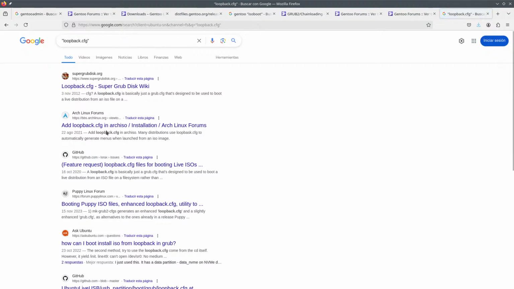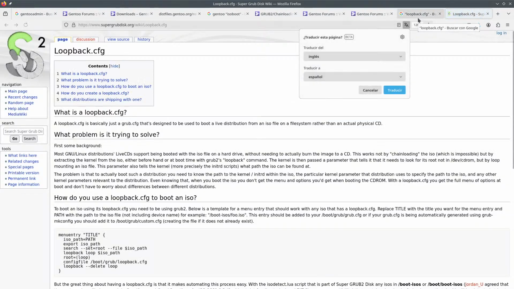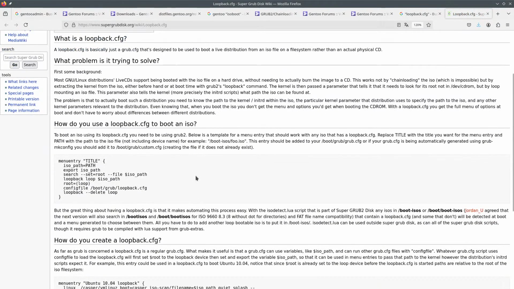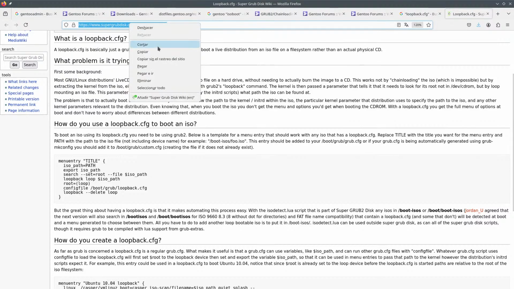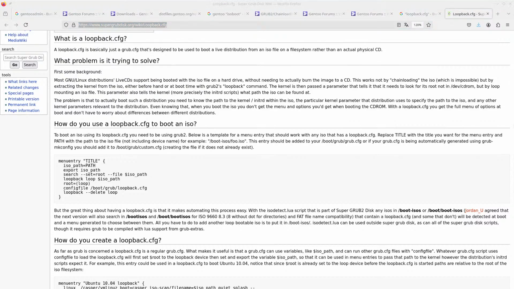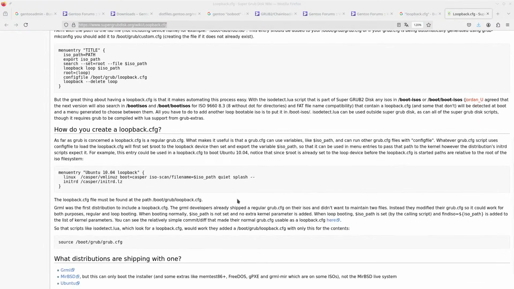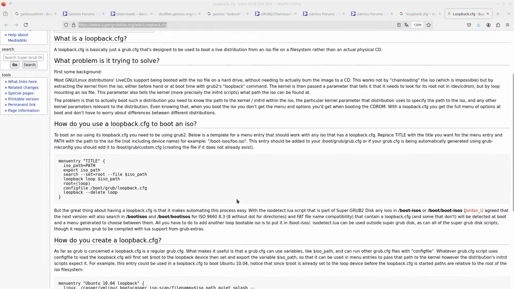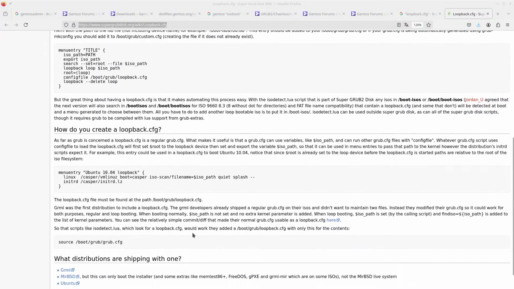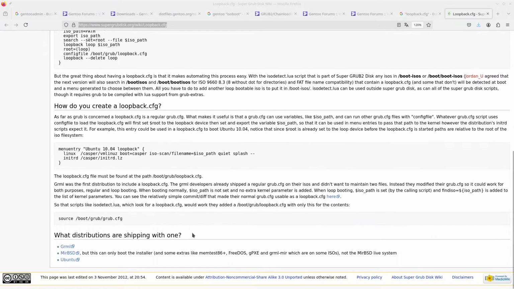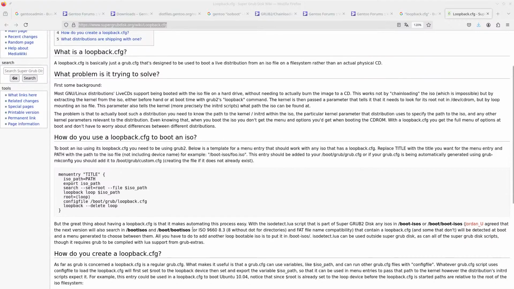I had this wiki, but I think this wiki no longer works. Yes, it works apparently. So this is the loopback.cfg that you should ask Gentoo people to add. That way you can boot from Super Grub2 Disk, and it also helps to understand how all of this works.